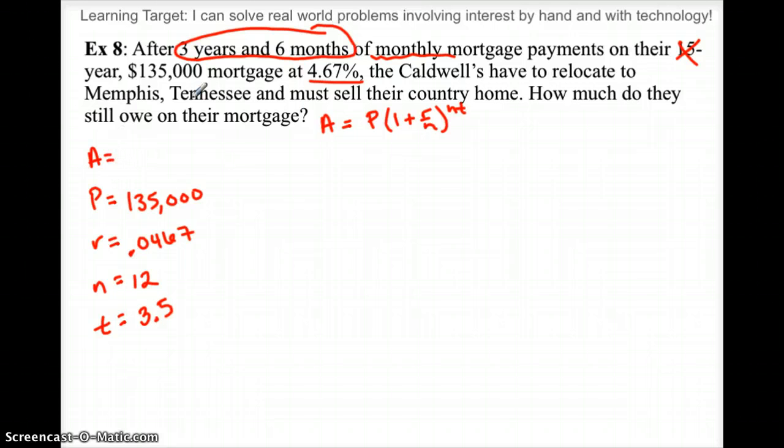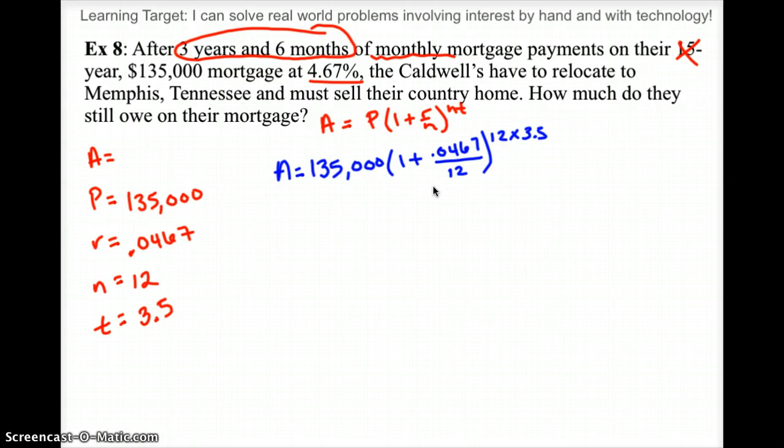Okay, so we're going to find A. Let me change color so it's easier to see. To spare you some time, I just went ahead and wrote it all out. I plugged my numbers in for the letters, and now it's just plugging and checking into my calculator. As the exponent, you're going to do 12 times 3.5. I usually figure out that multiplication first, and that's equivalent to raising it to a power of 42.